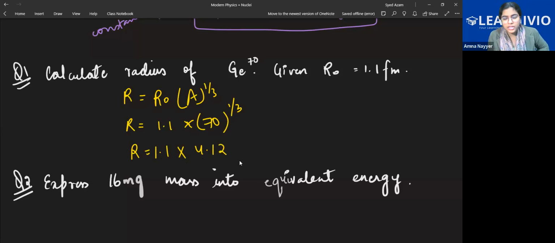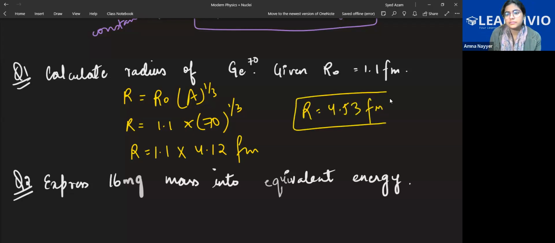So this you have to check. Whatever the answer is will be in Fermi meters. Class, usually the values that are given are in the form of 27, 64, like this, the cube roots are usually mentioned. Write down this question first, then the answer will be around 4.53 Fermi meters. So write down this question, then the next one I'll discuss. Write it.